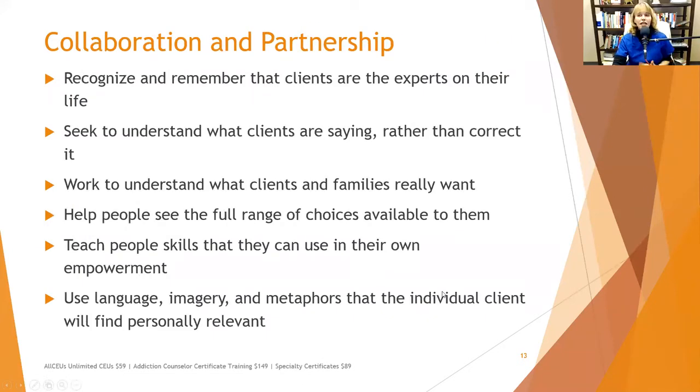Recognize and remember that clients are the experts in their own lives. I don't know what's worked for them or what hasn't in the past, so I need them to educate me. We want to seek to understand what they're saying rather than correct it. I hear what they're saying, and instead of saying, there is no way you can find recovery if you're still doing X, Y, and Z,